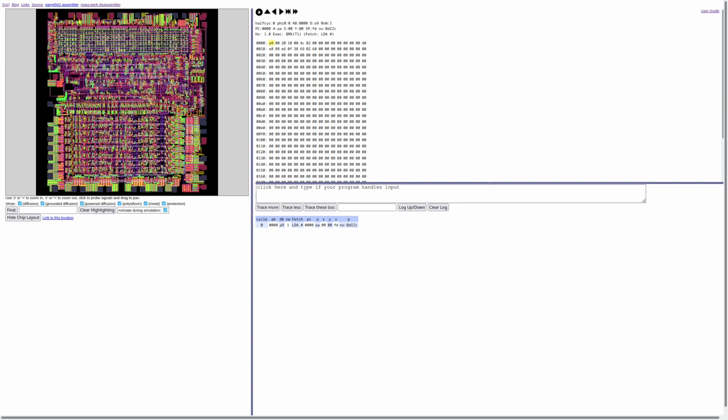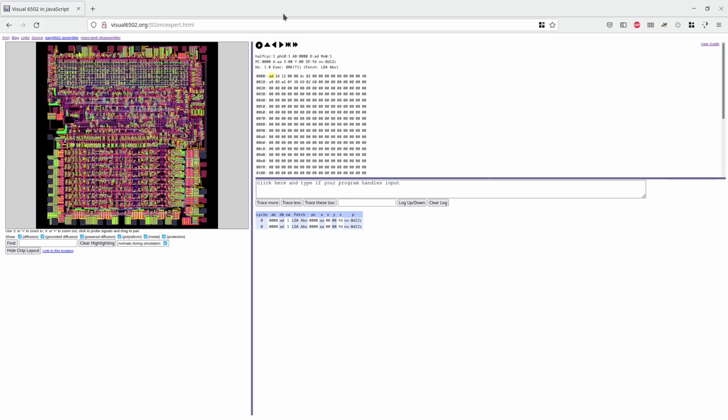So we want to know how many cycles the load A absolute command takes. We place AD in the first byte here, and then we need to fill in an address. So let's use 3412, and then put the break command afterwards, just so we notice that we're done. Press the up button and the bus is updated. Load A absolute. First cycle is the fetch.